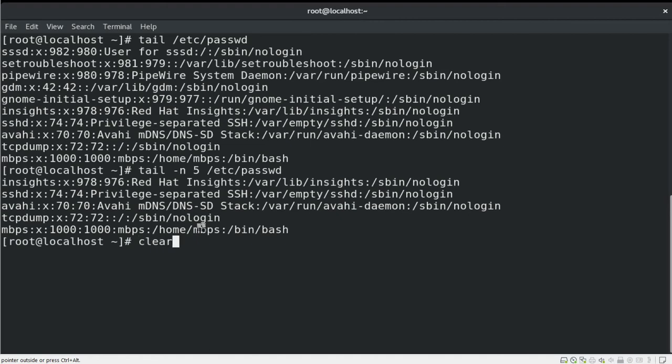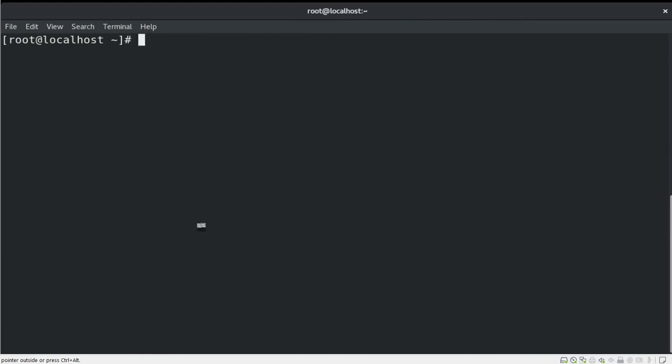Now, instead of this, if you would like to search for a keyword in the file, you could use the grep command. Grep is much more suitable to easily search the content inside the file. So you could use grep and your keyword. For example, I would like to check the root keyword inside the passwd file.